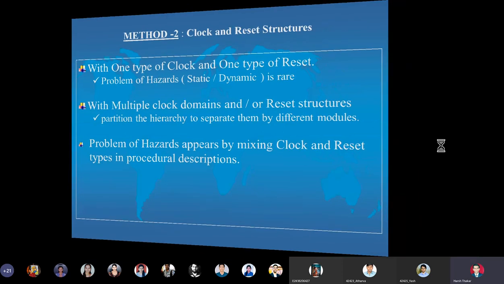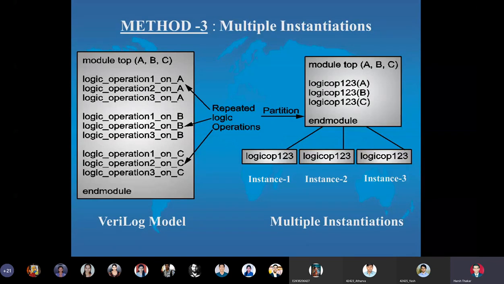And the third method is called the method of multiple instantiation. In front of you, we have a generic kind of system. Purposefully, I have written in the first rectangle a Verilog model, because module and end module is the syntax for the Verilog language. As I told you, VHDL is an academic HDL and industry doesn't use it, but it has been put into the syllabus so that students learn the concept of hardware description languages.